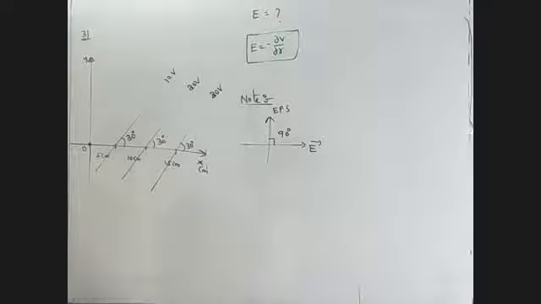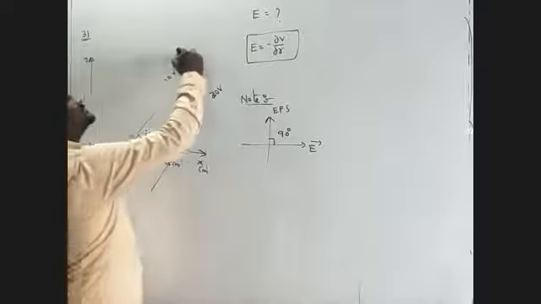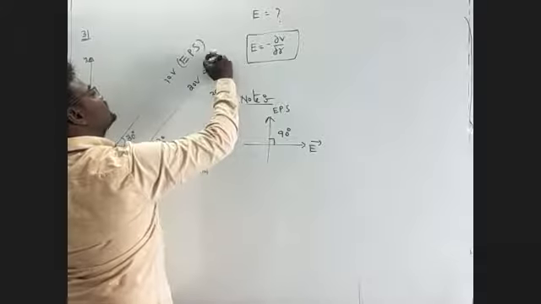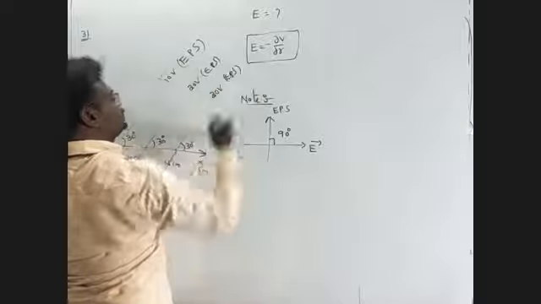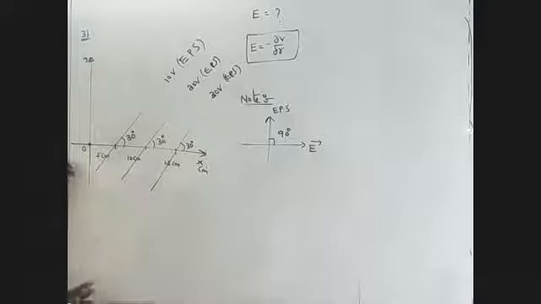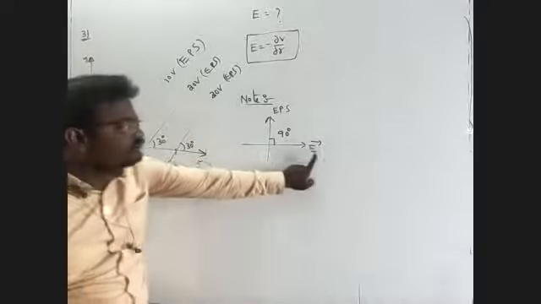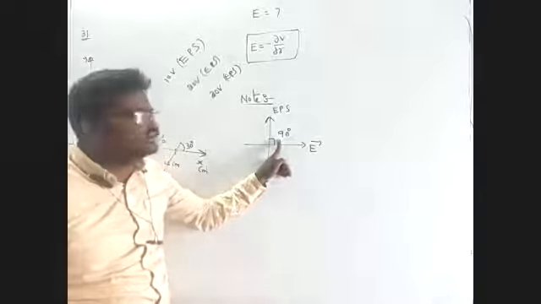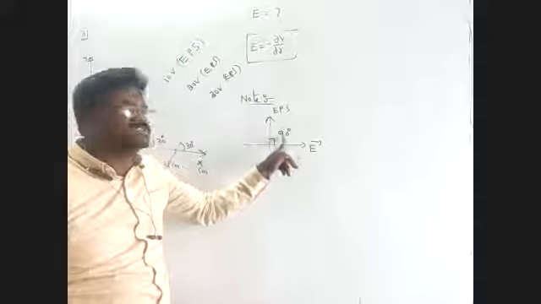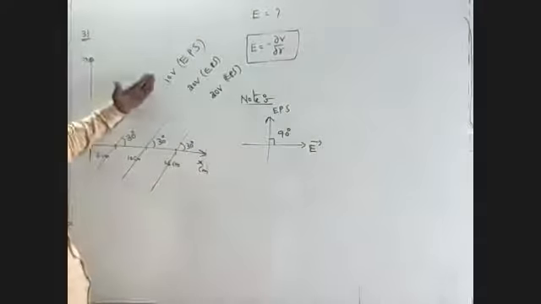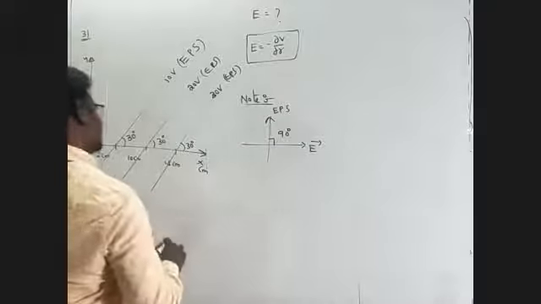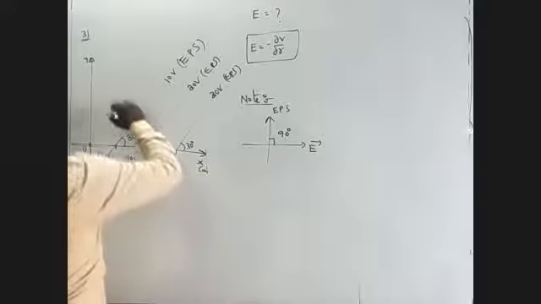This is 90 degrees. Now come to the point. This line is a 10 V line, which is the equipotential (EPS) line. This is also an EPS line. This is also an EPS line. But where is the electric field? What is the angle between the EPS lines and the electric field E? It is exactly 90 degrees. You can take it anywhere.